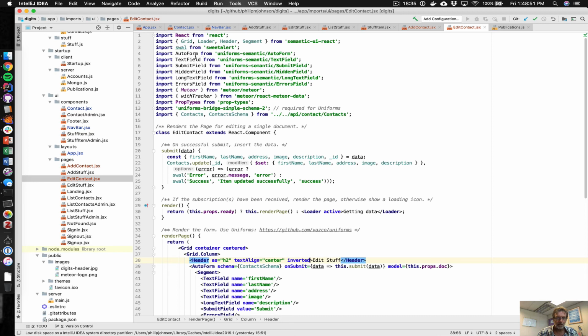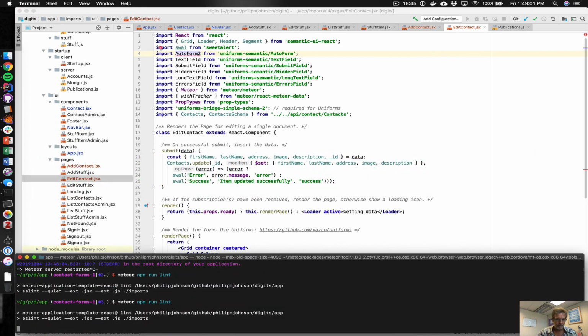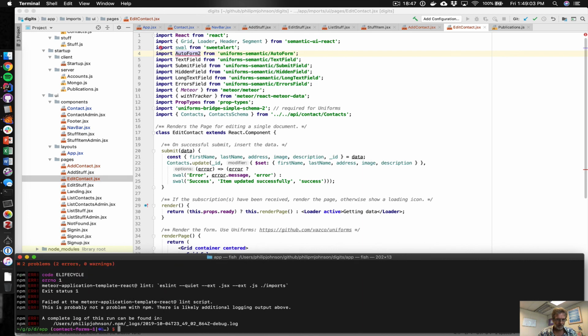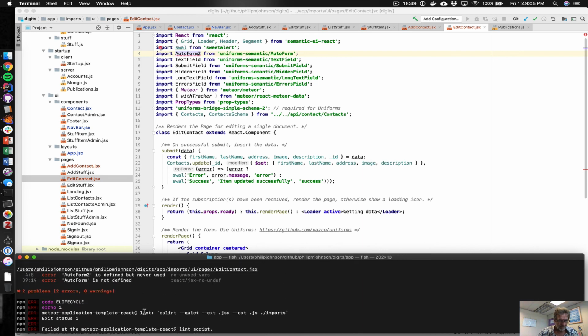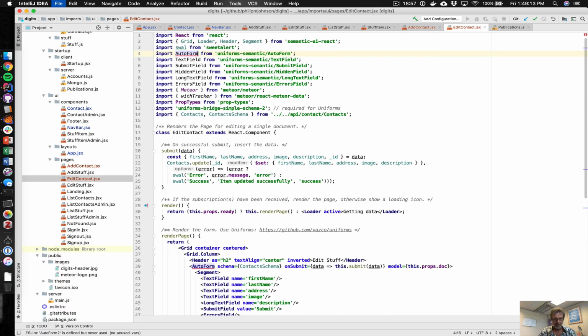You want to see what that would look like? Let's do that. Okay. So then I'll follow shift, and then we'll do npm run lint. Okay. So then we get an error. It says autoform2 is defined but not reused. Autoform is not defined. Okay, so that's pretty clearly a typo. So anyway, I'll do this,